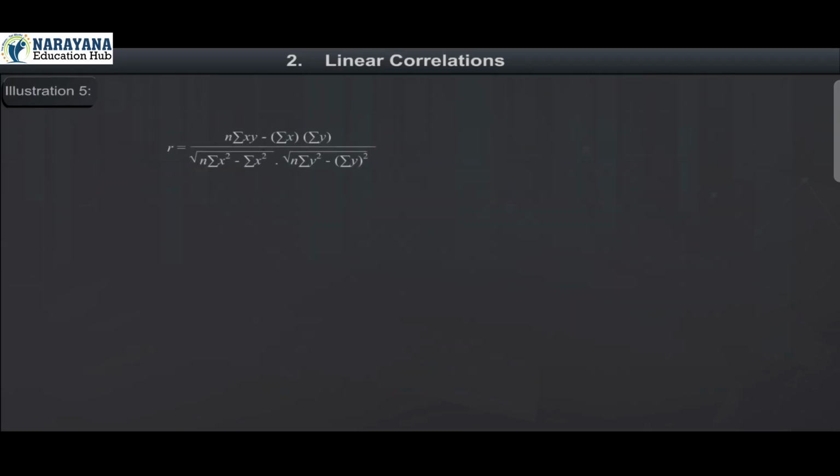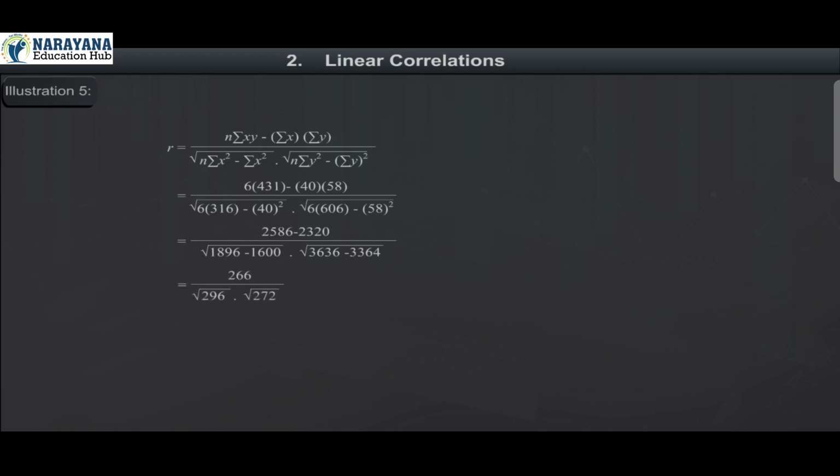R is equal to n sigma xy minus sigma x into sigma y divided by under root n sigma x square minus sigma x whole square into under root n sigma y square minus sigma y whole square, is equal to 6 into 431 minus 40 into 58 divided by under root 6 into 316 minus 40 square into under root 6 into 606 minus 58 square, is equal to 2586 minus 2320 divided by under root 1896 minus 1600 into under root 3636 minus 3364, is equal to 266 divided by under root 296 into under root 272 is equal to 266 divided by